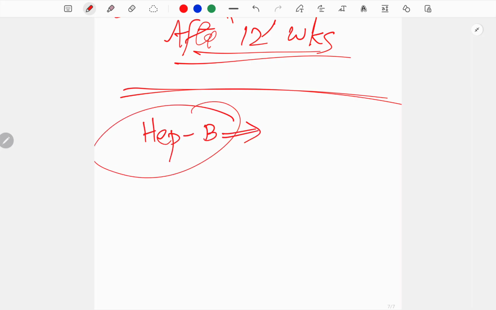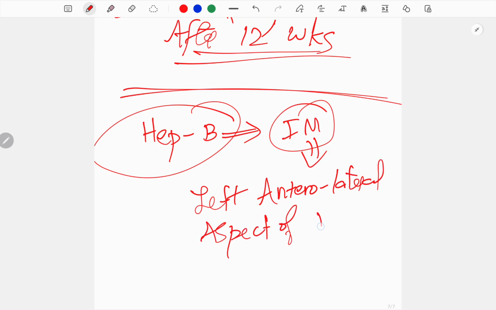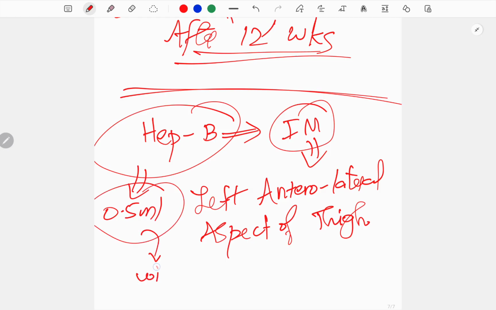Hepatitis B should be injected intramuscularly on left thigh, the left anterolateral aspect of thigh. So how much ml? That is 0.5 ml. Within 24 hours you should inject this